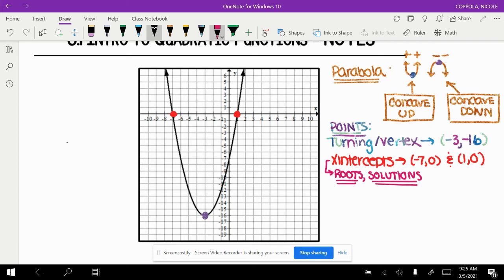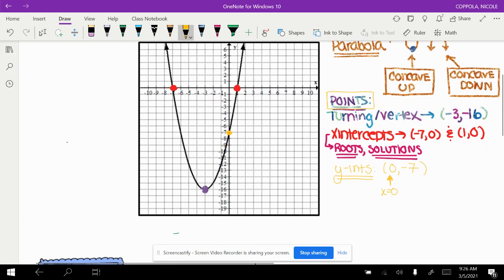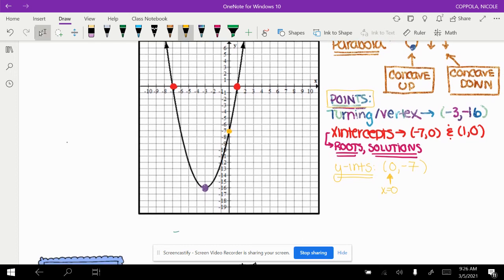Okay, there is one more point that is important to note, and that is right here, our y-intercept. So in this graph, my graph crosses at -7, and we've been working with y-intercepts pretty extensively. So the coordinate in this case is 0, -7. Remember, with your y-intercepts, x is always equal to 0, so you just need that y. Okay, so those are 3 points that are important on our graphs. The next thing we'll just talk about